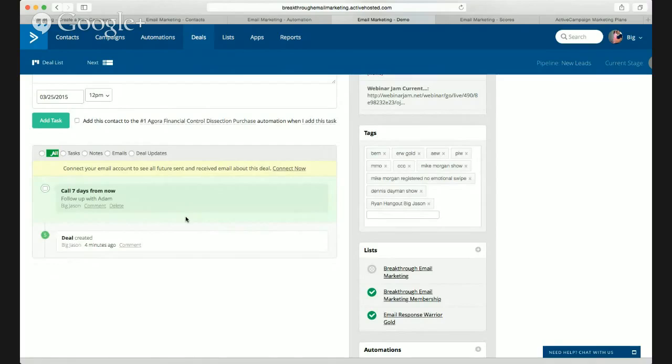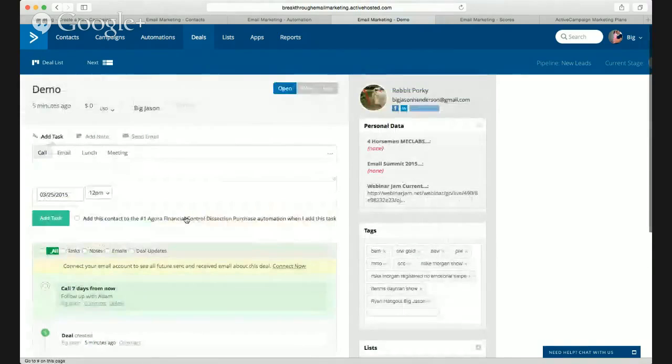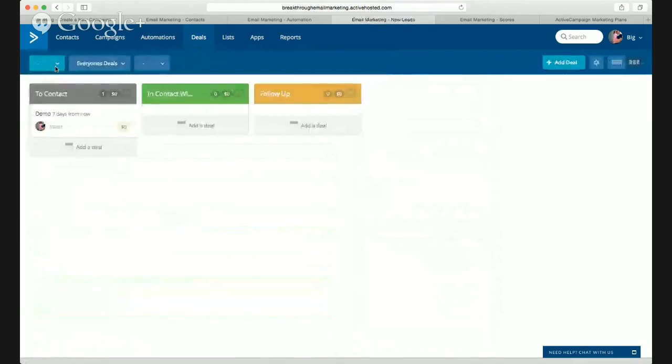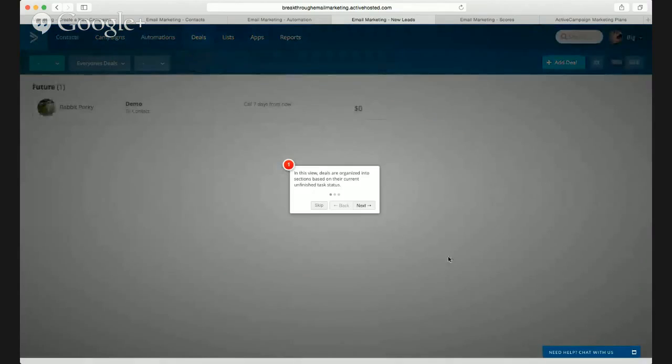And if actually you click on the button that says deal list, up on the top left there, there you go. So if you click on that button, on the right-hand side. You cut out for a second. Sorry, go up to the right-hand side. Add deal. The 3 little lines that are 2 buttons over. There you go. This will give you a list view of things, which there's only 1 contact here,